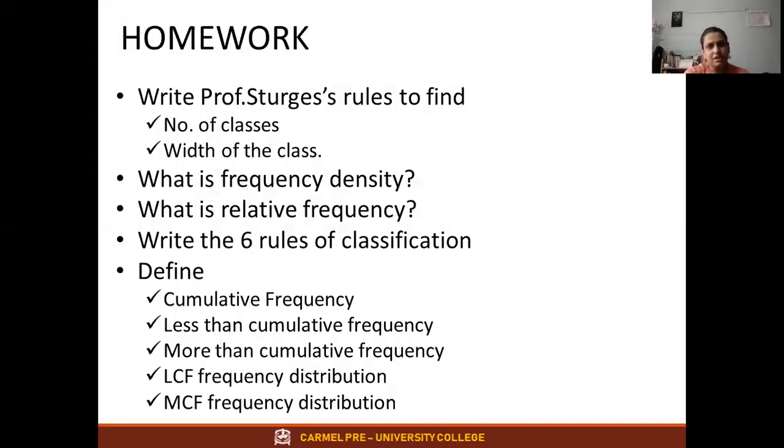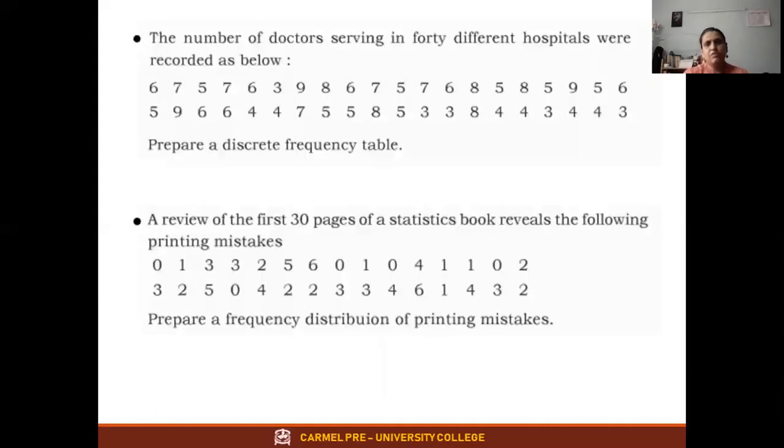which is against the rule. Here, there are only 3, 4, 5, 6, 7, 8, 9, only 7. Here 0, 1, 2, 3, 4, 5, 6, again 7. So it suits the rule that you have the classes from 4 to 15. Don't do class interval when it is this type. It is discrete frequency distribution like what we did in the